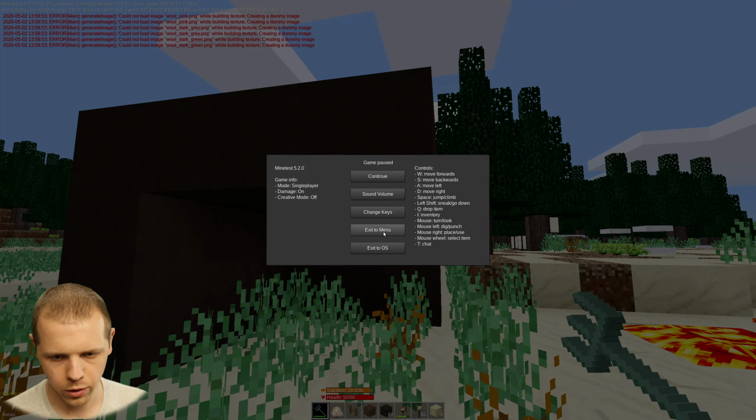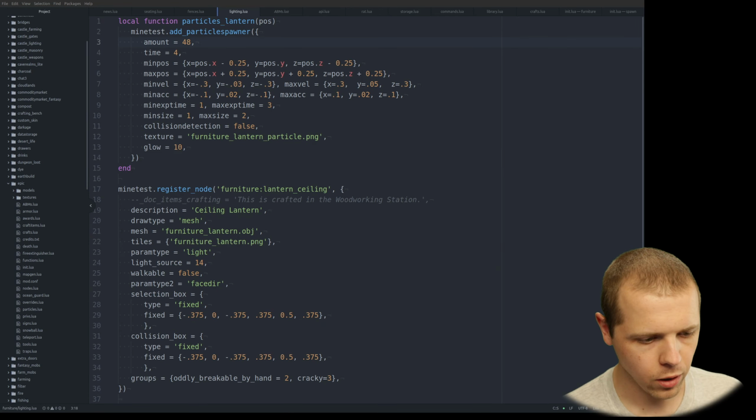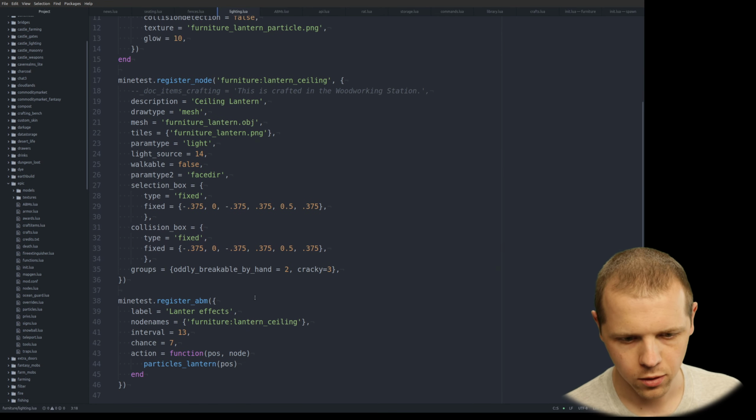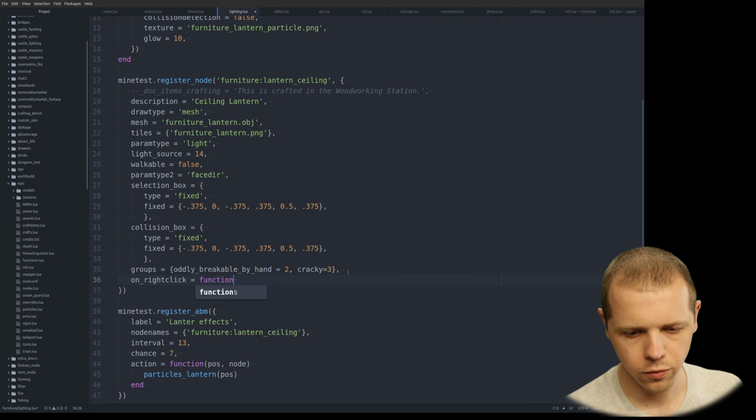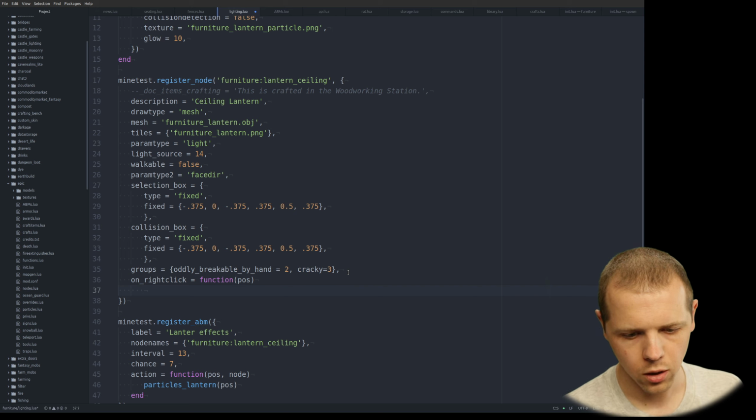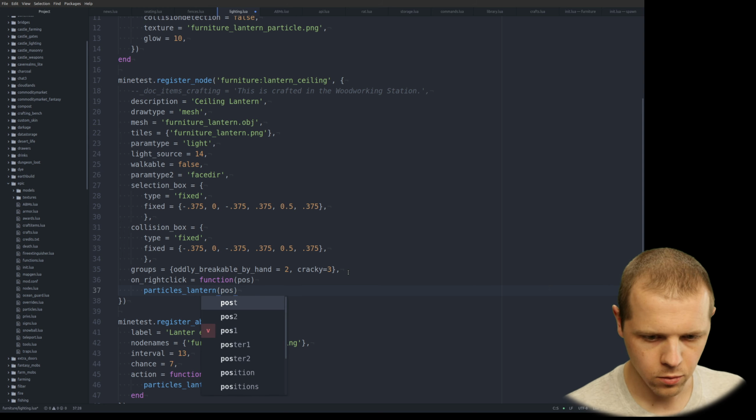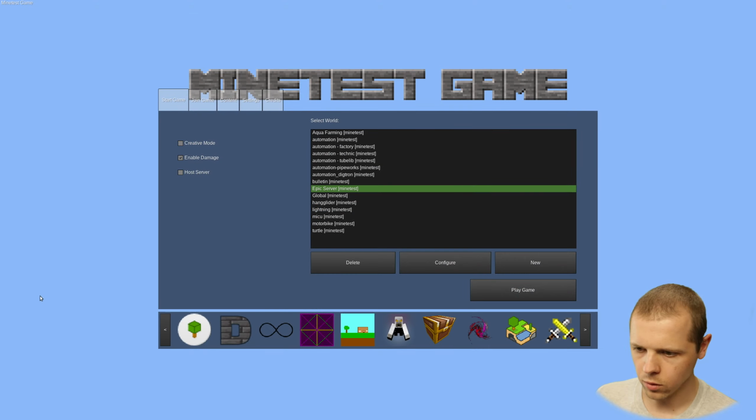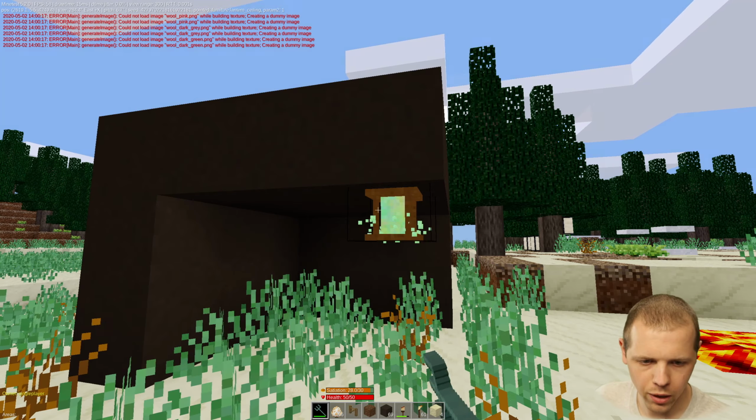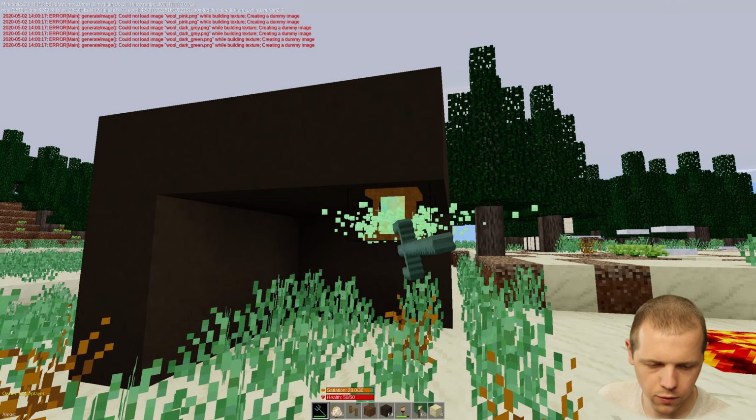Okay, here's what we're going to do. I'm going to put that right click function back in because that's actually kind of neat, you know? Why not let people right click on it and make the particles come out? On right click equals function, position, particles, lantern, to the position, and there. Okay, that's done. And then we will hop back to here. Oh, and my face flips direction too. I hadn't noticed that. That's kind of cool. Forgot about that little bit I put in. Okay, so you can right click on it if you want